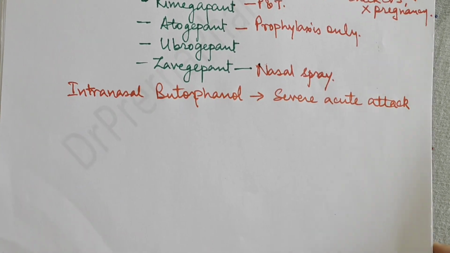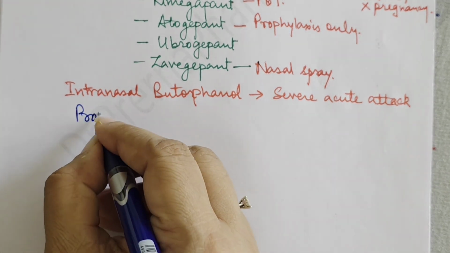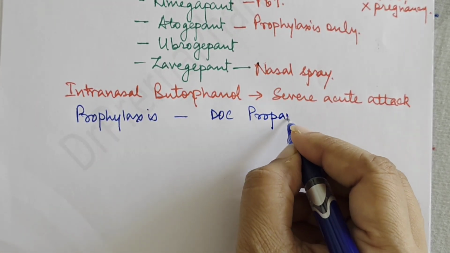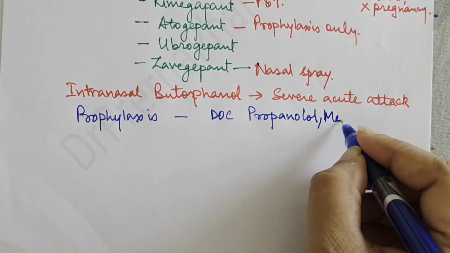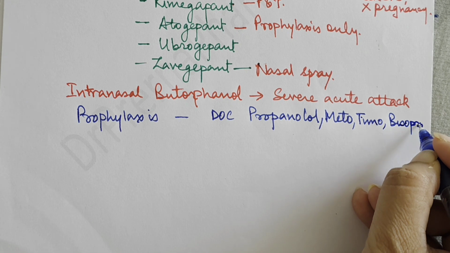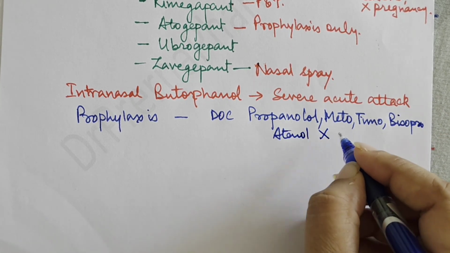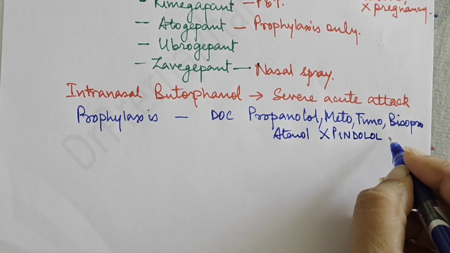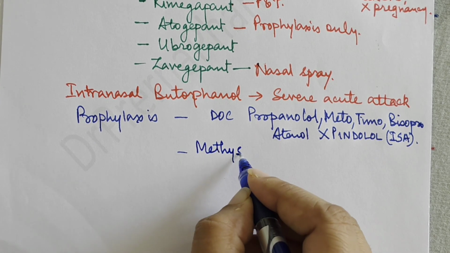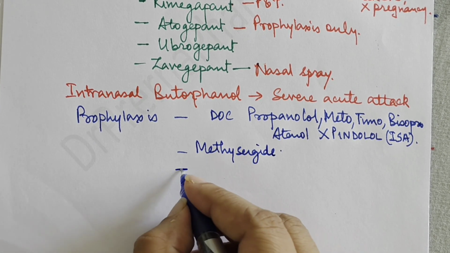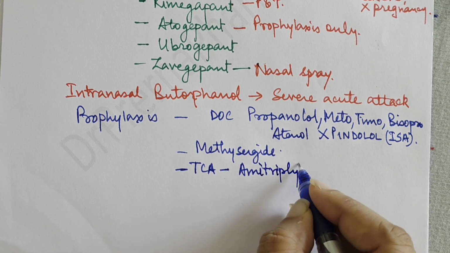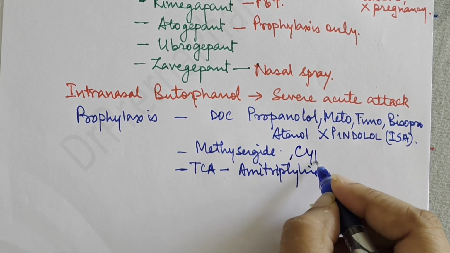Okay, then next we have what are the prophylaxis of migraine. So the first drug of choice for prophylaxis is propranolol. Okay, propranolol is the first drug. In this you can give metoprolol, you can give timolol, you can give bisoprolol, you can give atenolol, but not pindolol, because it has got intrinsic sympathomimetic activity. Okay, then other drugs can be methysergide, right? Then tricyclic antidepressants like amitriptyline. You can also give cyproheptadine,